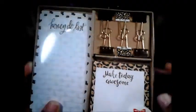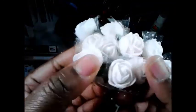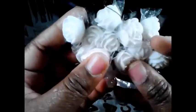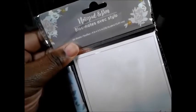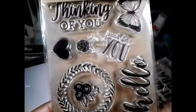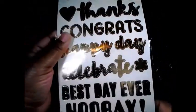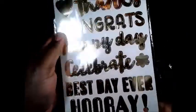A cool note set with some paper clips, so I can even use these for projects. It's very cool. The stationery set. These cute flowers. They're like foam flowers. I've never had these before or seen them before, so that will be very cool to use as embellishments. This pen and note set. Super cute. Look at that. These cling stamps. So cute. Love it. And these gold letter blank sentiments. I've never had word sentiment things before, so this will be super cool, and I love that it's metallic because